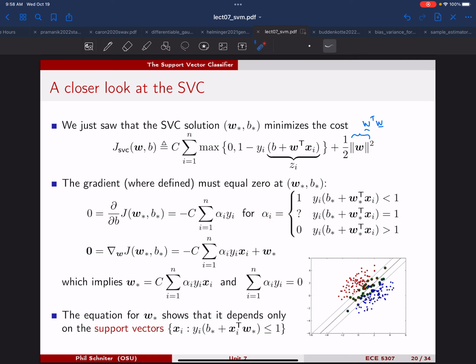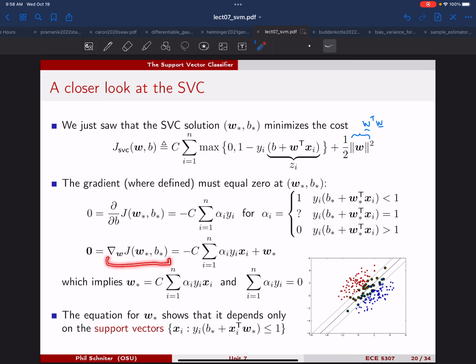Okay, so it's a little bit strange that we're doing this. Essentially what we're trying to do is take gradients of a non-differentiable function, and so not surprisingly, something breaks down. But still, even so, this is still going to be a useful interpretation as we see. Okay, so far we're able to take the partial derivative of J with respect to b. Our next task is to take the